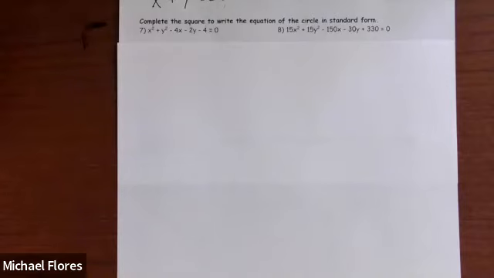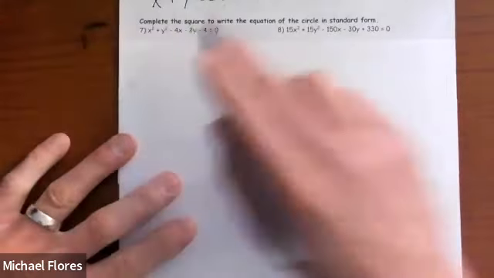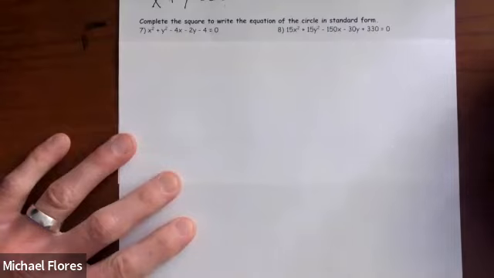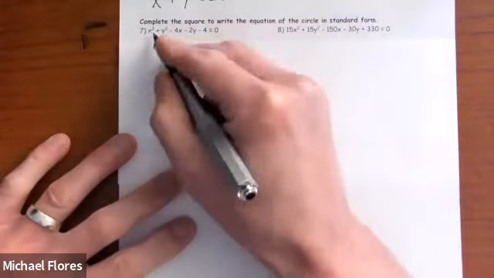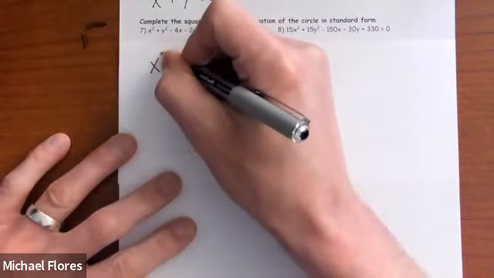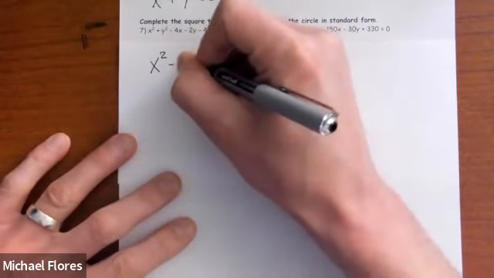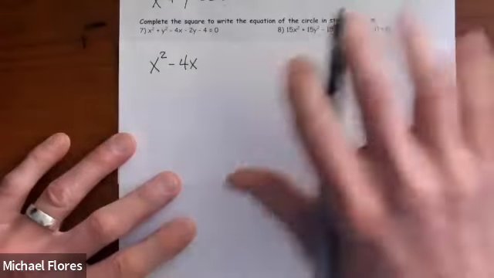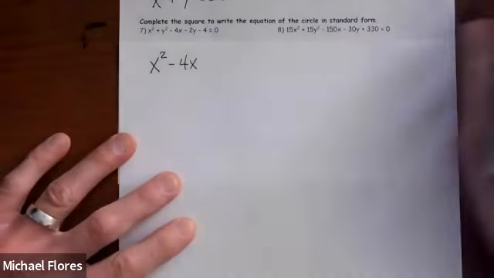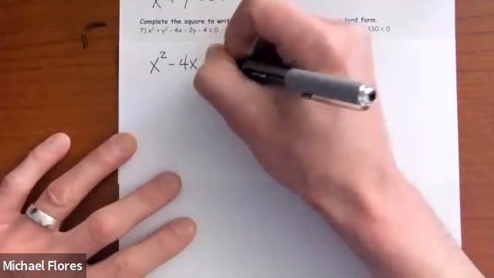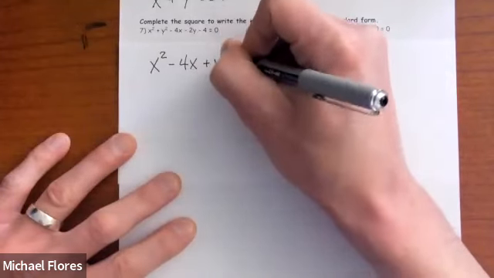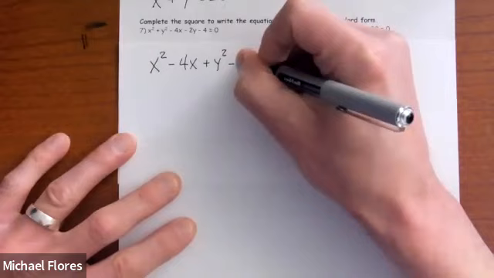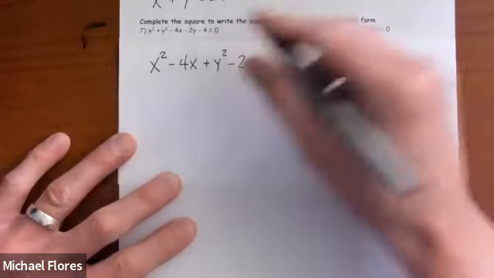Complete the square to write the equation of the circle in standard form. Yay! We haven't done completing the square in a while. And we got a lot going on here. So what we're going to do is get our x values side by side. So there's x² - 4x. And now right beside our x values, let's place our y values side by side. So plus y² - 2y - 4